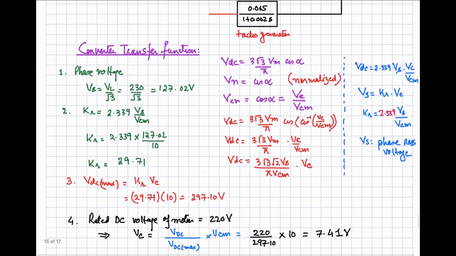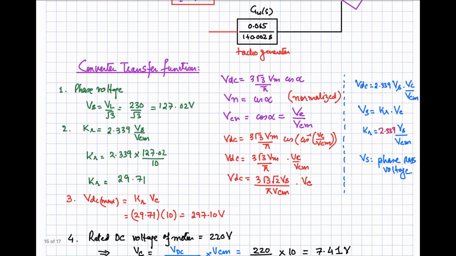So what will be the DC maximum voltage that you can get at the output? The gain is 29.71 and the maximum value of the control voltage is 10. So the maximum DC voltage will be 297.10 volt. Okay, now for the three-phase converter, the DC voltage is given by this one, and we have seen that in normalized form,